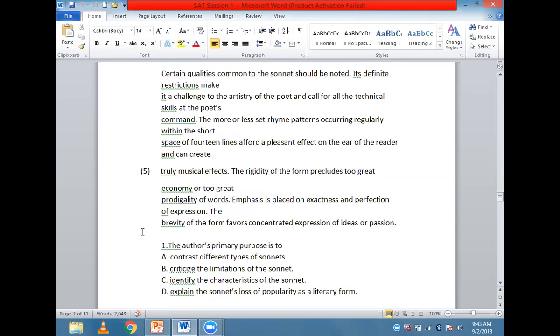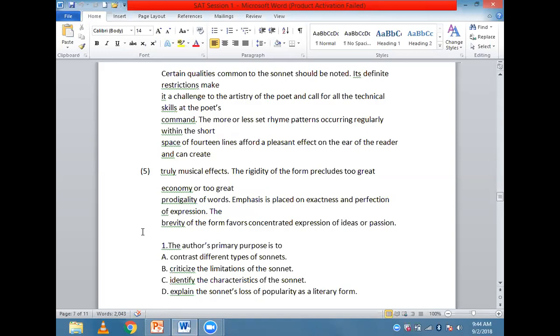So there are certain things which we can figure out once we read this passage. First of all, the author is completely aware. There's a scholastic tone. He's not talking like a common man who does not have knowledge of the subject, which is literature and poetry over here. We can see that he's clearly aware of the technicalities of the form of the genre. So we have an idea of the tone. The tone here is also kind of, he's trying to defend the genre almost. Like he's taking the limitations and he's trying to show you how those limitations actually help in development of creativity, help in development of creating musical effects.